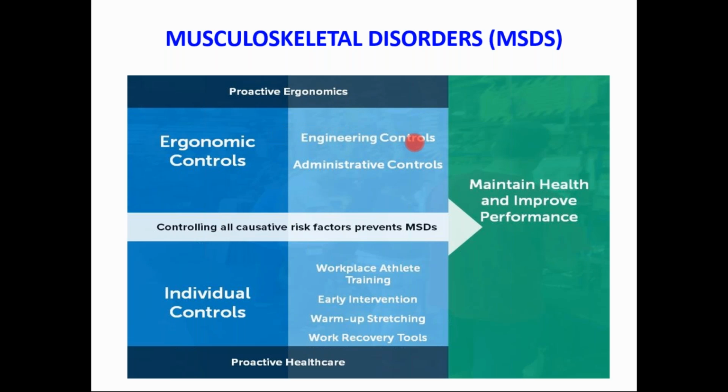If some engineering controls are there, meaning engineering remedies or solutions are there, then we can go for that. If some administrative controls are required, then we can go for that. If a combination of all these activities is needed, then we have to adopt engineering as well as administrative controls. What exactly are engineering and administrative controls? Suppose manual handling is going to be replaced by mechanical handling with the help of forklift trucks, with the help of some other machinery, if you are going to handle these materials, then it is called engineering